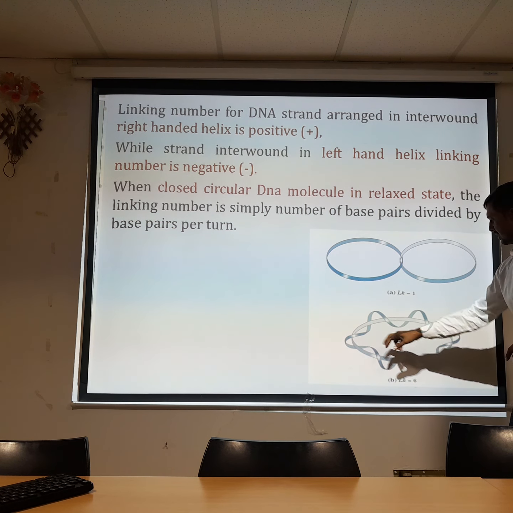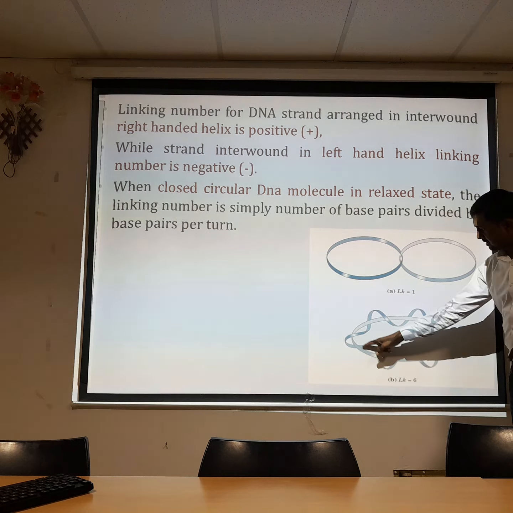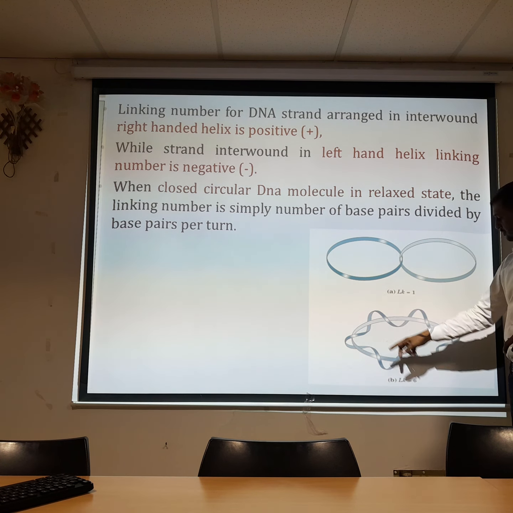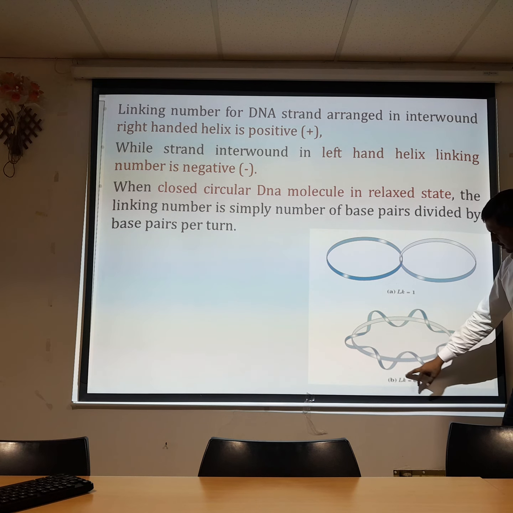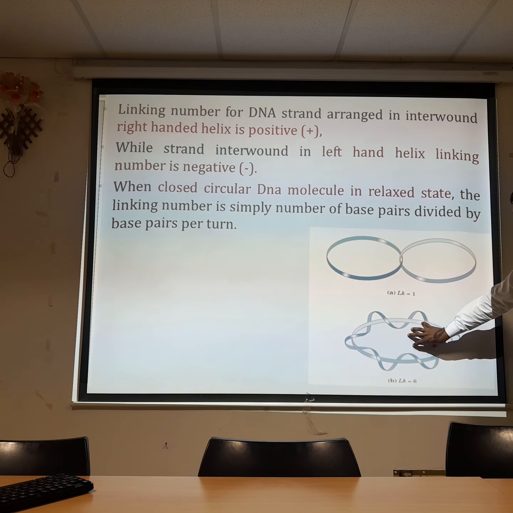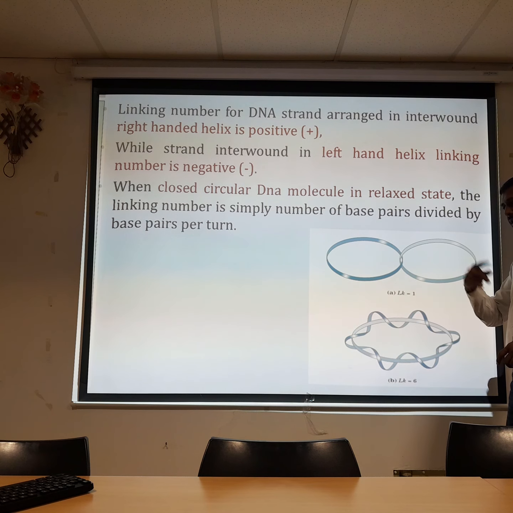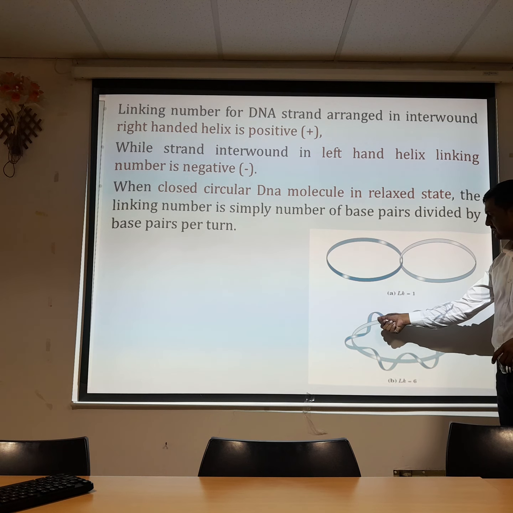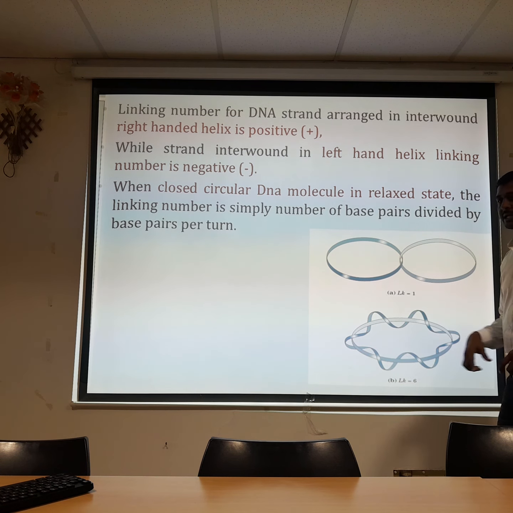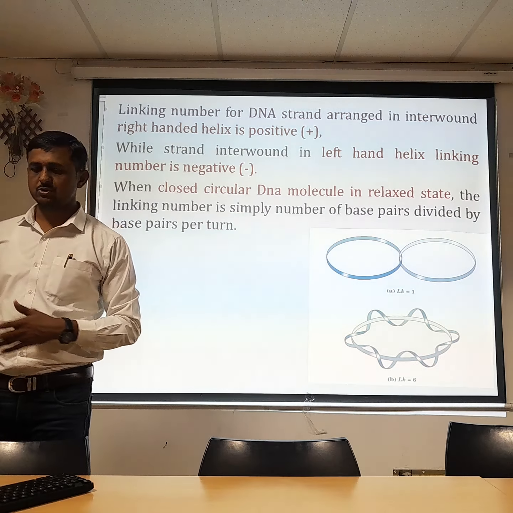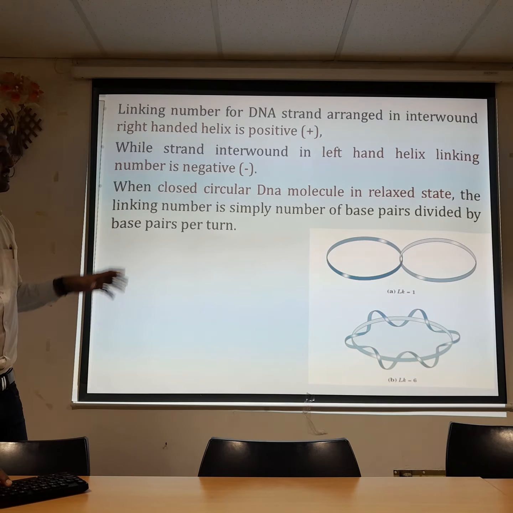In this case, if one strand is considered to be the complete strand, the other strand is interwound with it, and here the linking number is considered to be 6 for that particular image. It is a complete revolution, where it starts here and completes here. That is called one linking number, or one revolution of either strand with the other. So that is the linking number and how it is calculated.